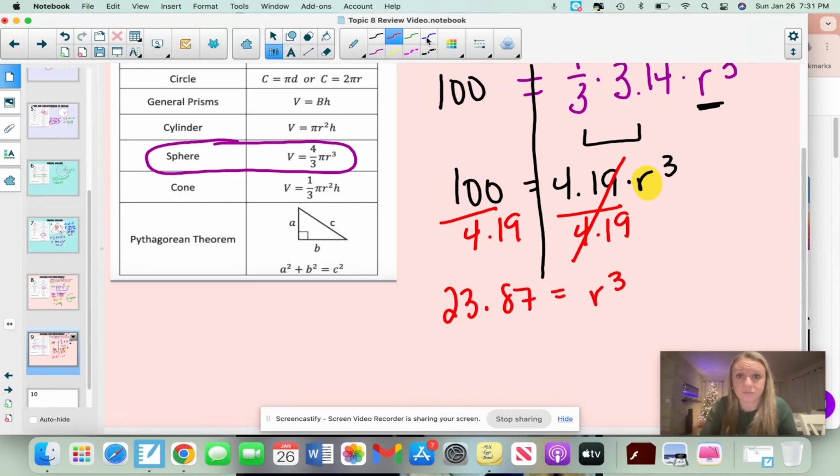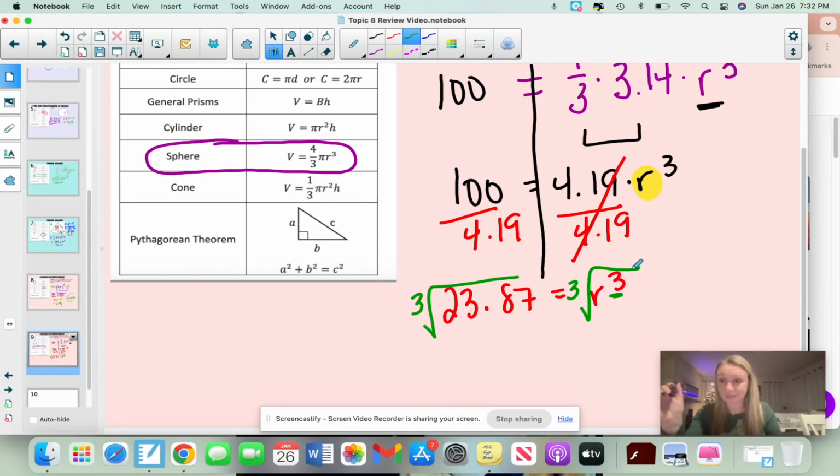Okay, now this is very different. To isolate r, to get it all by itself, we need to undo something to the third power or undo cubing. This is the only problems in which you are going to perform a cube root, that very special mathematics operation. I'm sure Scott's upstairs laughing that I'm like, oh, it's so special. It's a cube root. Well, I think it's special. On your calculator to do the cube root, you're going to do 3 second caret or arrow 23.87. So I'm going to put in 23.87, and your calculator gives you about